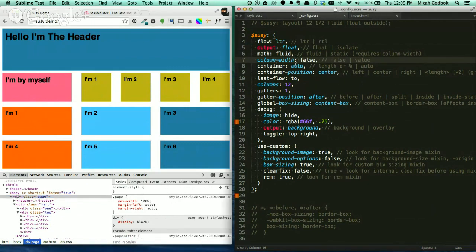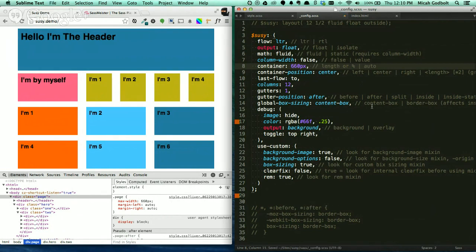But if I want to change this, I could just say I want a 960 pixel grid. I can go ahead and do that. And actually my screen is not big enough to be able to see it. You can see down there it changed to max width of 960. Let's go 660. There we go. So we can see it actually change. So if we want to set a max width on our containers and then have everything else be percentages inside of it,